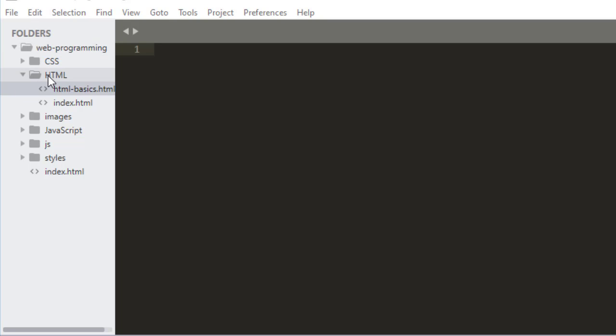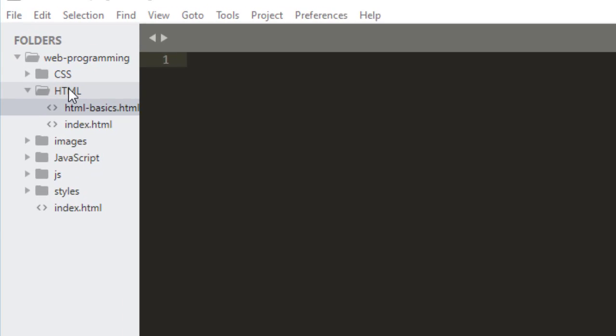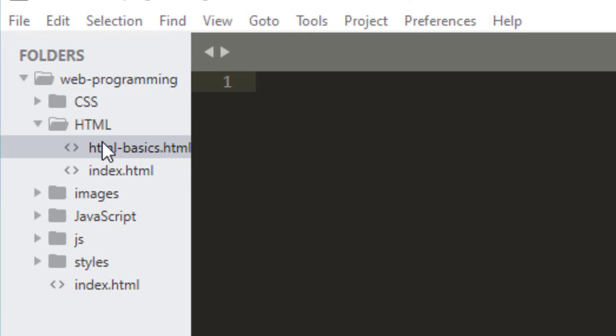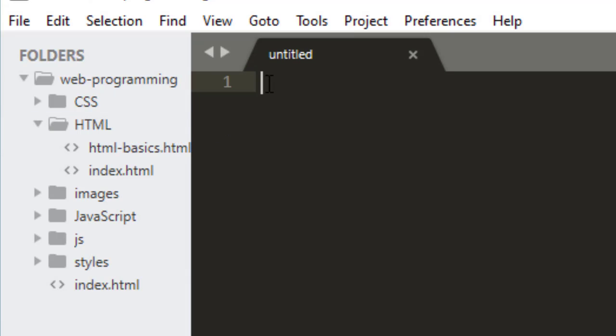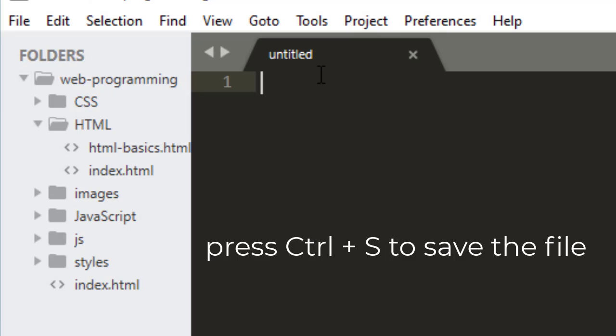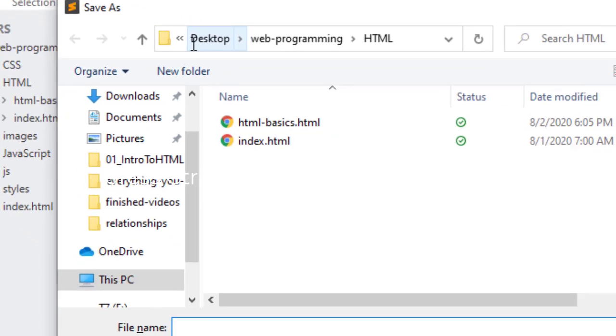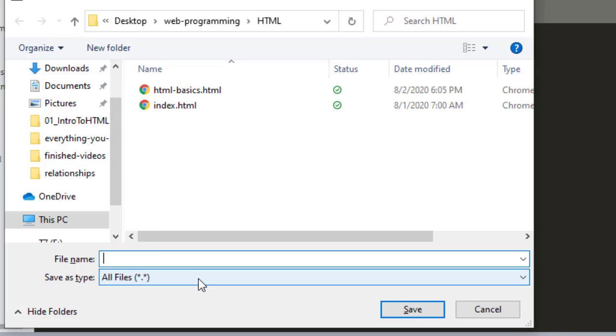in it. We've been working in the HTML folder here, and in one of the previous lessons we created this file called htmlbasics.html. Let's go ahead and create another file inside of the HTML folder and call it lists. So I'm going to right click and choose new file, and here we have an untitled file. I'm going to save it right away, so I'm going to press Control S, and that'll bring up this window here, and we want to save this as